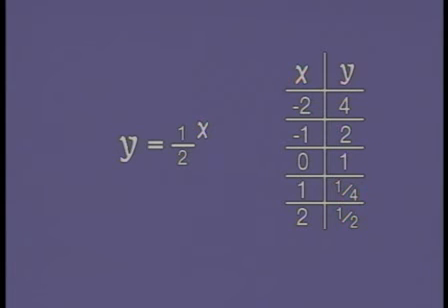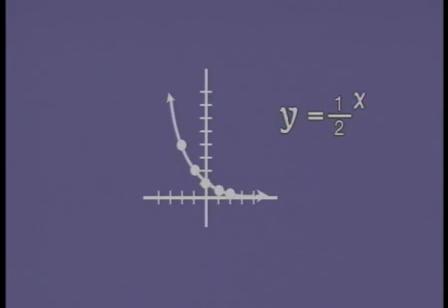So as x gets more and more positive, notice the values of y become smaller, but they never become negative, because we cannot raise a positive number to a power and get a negative number. In fact, we can't get 0. Let's look at the next visual, which has the sketch of those points connected with a curve. Y equals 1/2 to the x, or it could be written y equals